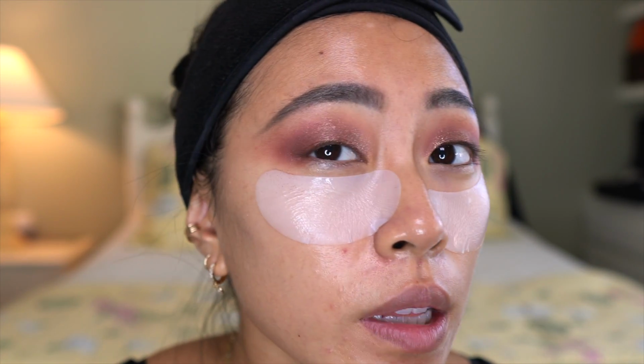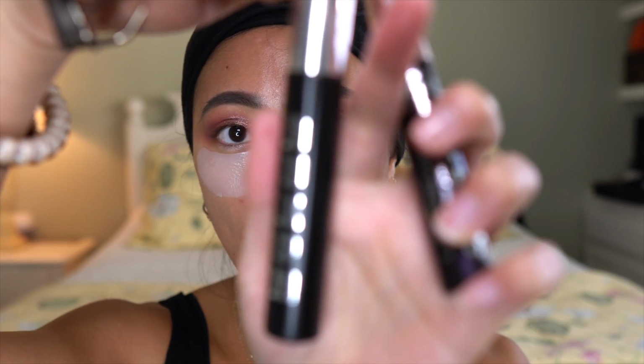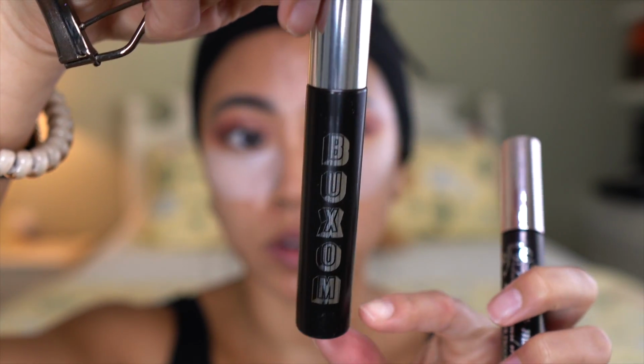Okay, so this is what the eyeshadow looks like. It is so stunning. The sparkles are super sparkly. Next, I have this mascara from Buxom to try out, and I think it's just called Lash Mascara. Before we go in with that mascara,